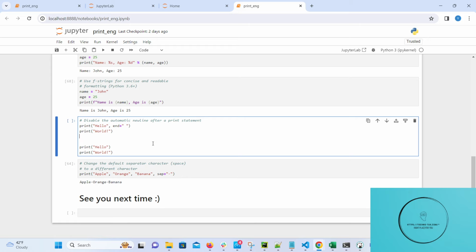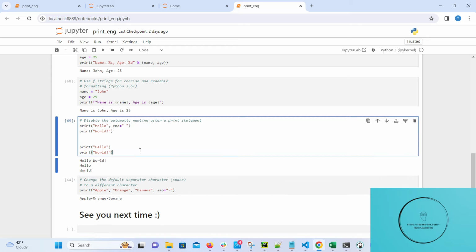And in our last example here, it's an example and syntax. As you can see here, if we write print the standard way, like two separate prints, we will see the results on two new lines.